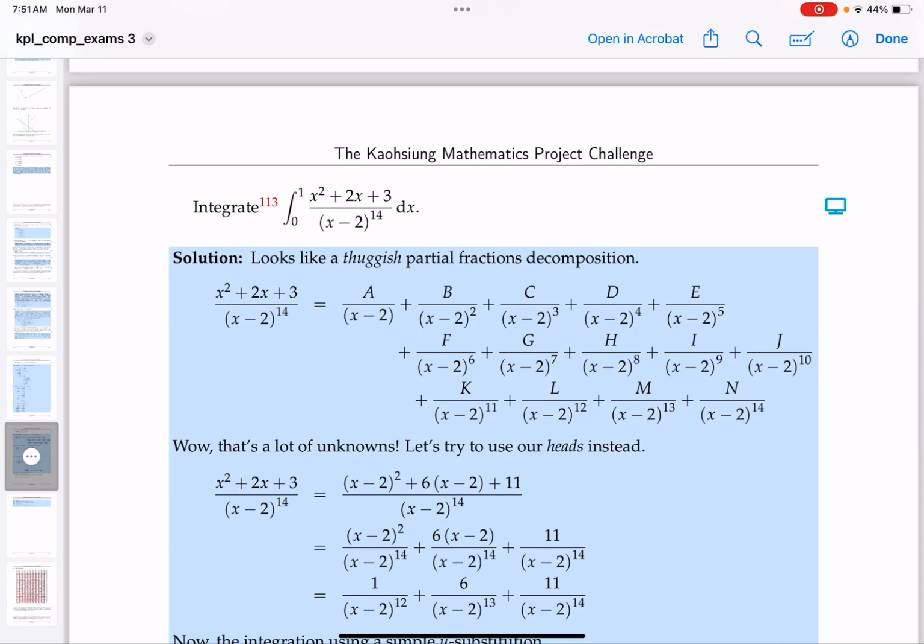Okay, this one says integrate, and it's a definite integral from 0 to 1. The only number I need to really worry about is 2, and 0 to 1 does not contain 2. So I'm good to go with trying to integrate this. All right, so let's go to the whiteboard